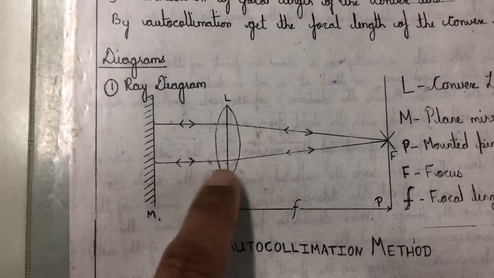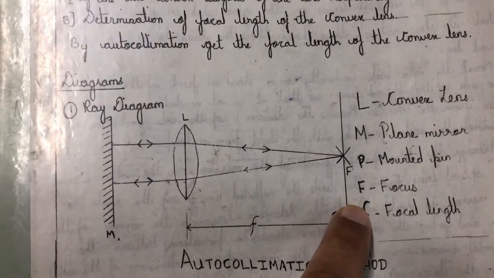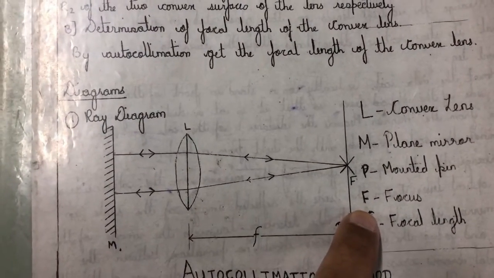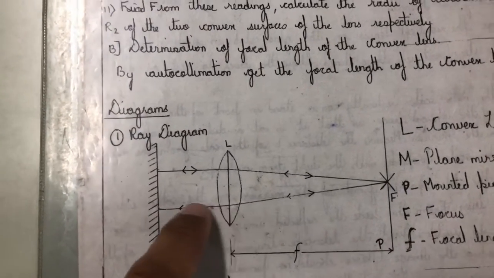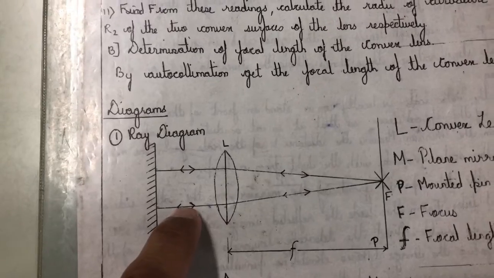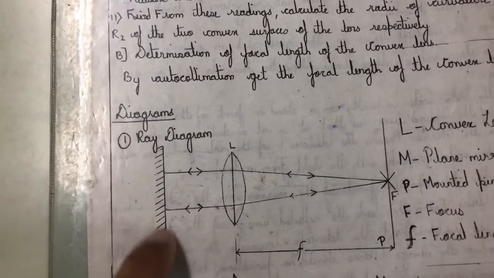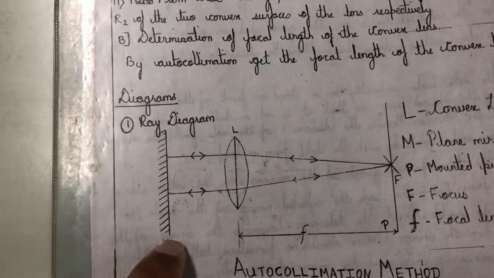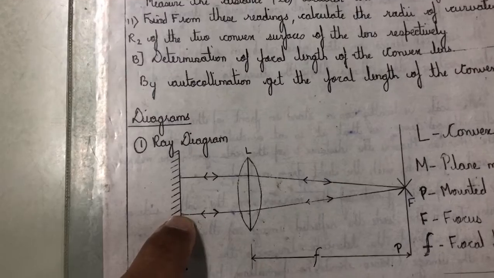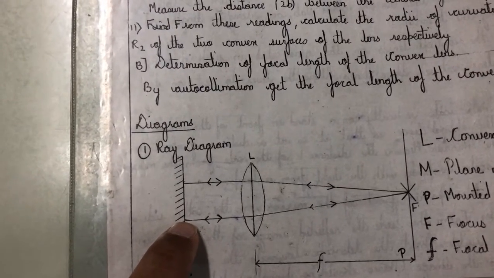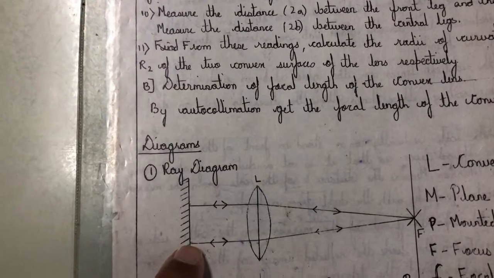After refraction through the convex lens, since the index pin is at the position F, the rays after refraction will run parallel to the principal axis. So the rays are becoming a parallel beam. These rays are striking the plane mirror. The angle of incidence is 0 here because the angle of incidence is measured with respect to the incident beam and the normal at this particular point, which turns out to be 0 degrees.